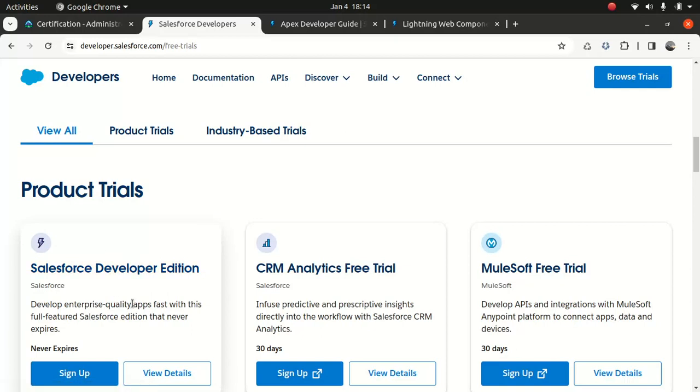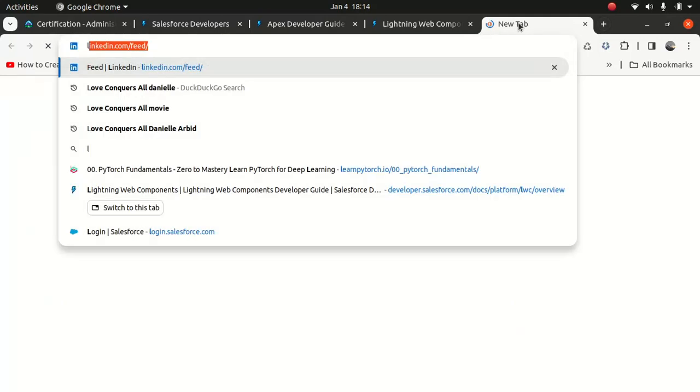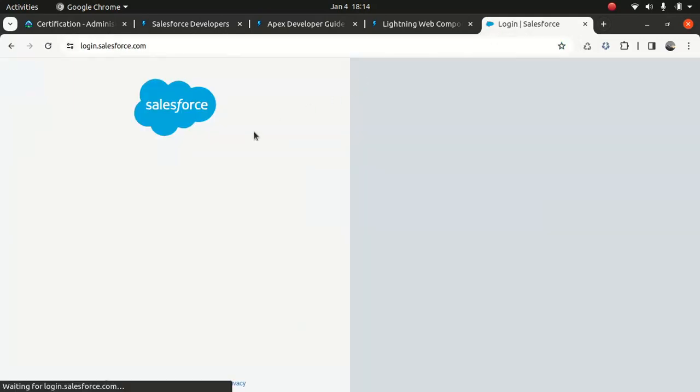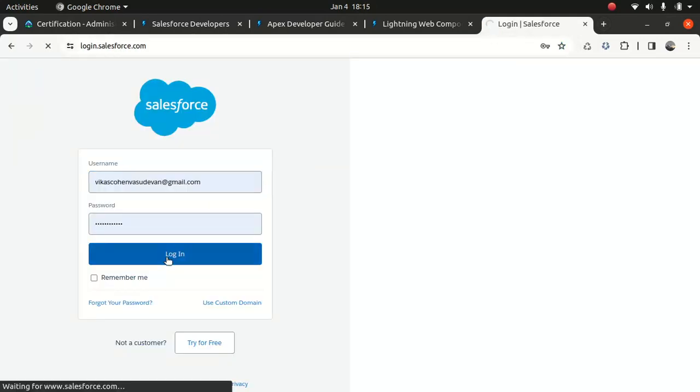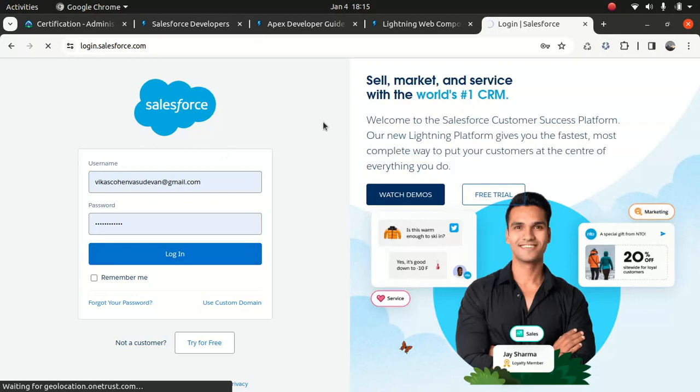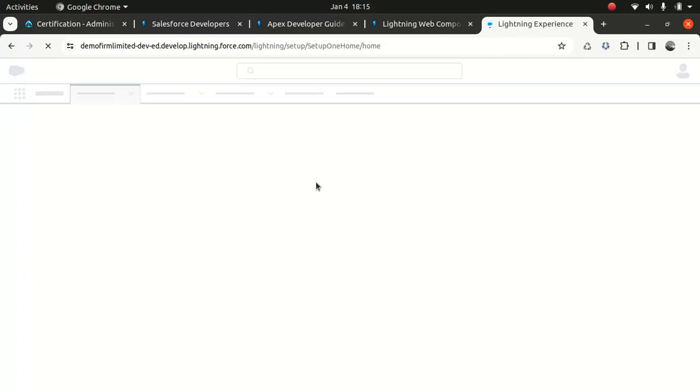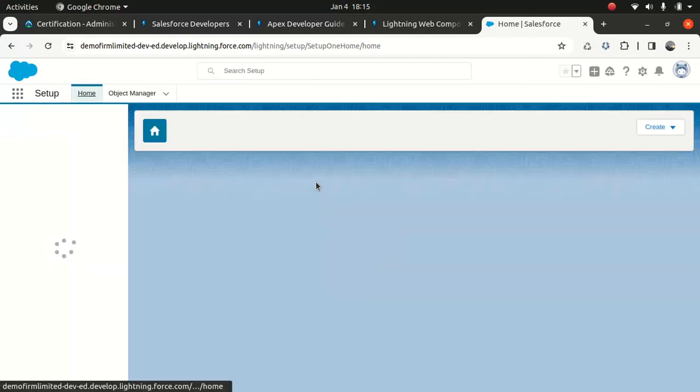So you register that, and let's see, login.salesforce.com, and oh yeah, the password is there. I don't know if it's logged in. Okay, so this is what you get, right? And a lot of things in Salesforce look